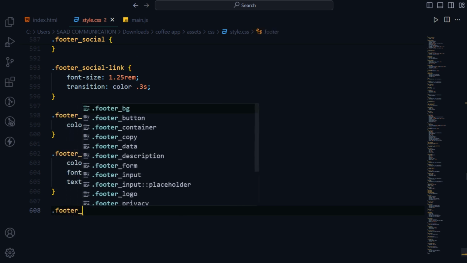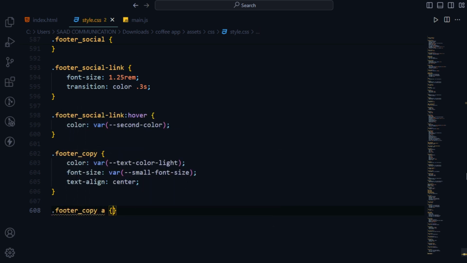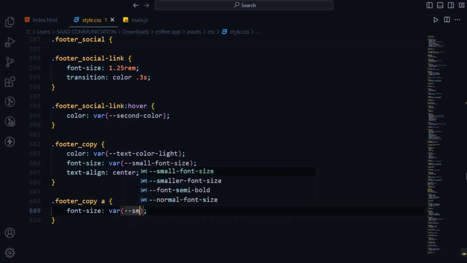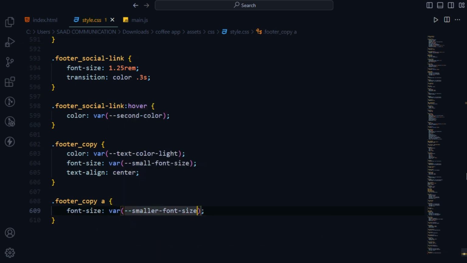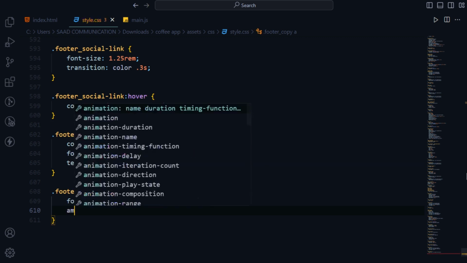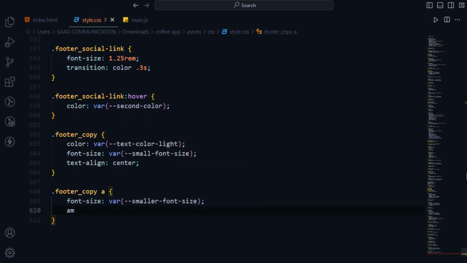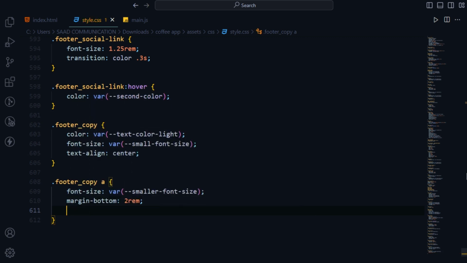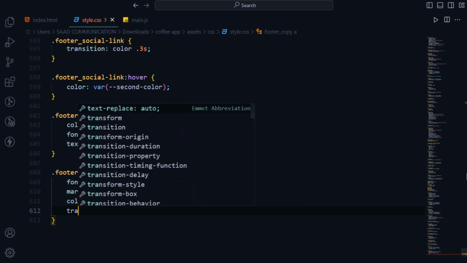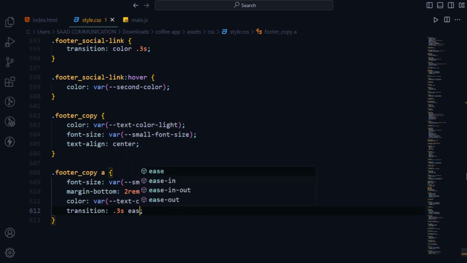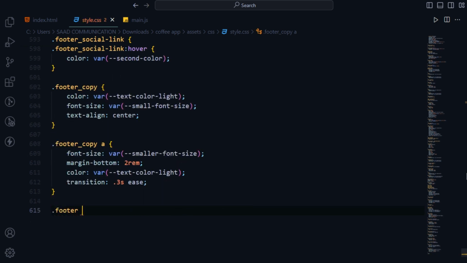.footer_copy should be a font size var(--smaller-font-size), and then margin bottom 2rem, color should be var(--text-color-light), transition 0.3 seconds ease. Then .footer_copy, okay, .footer_copy, erase this footer, and then right here .footer_copy